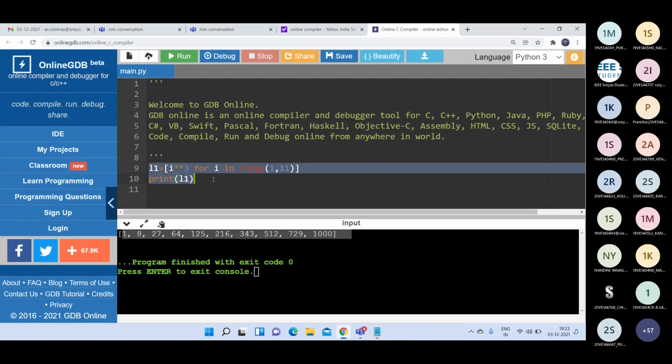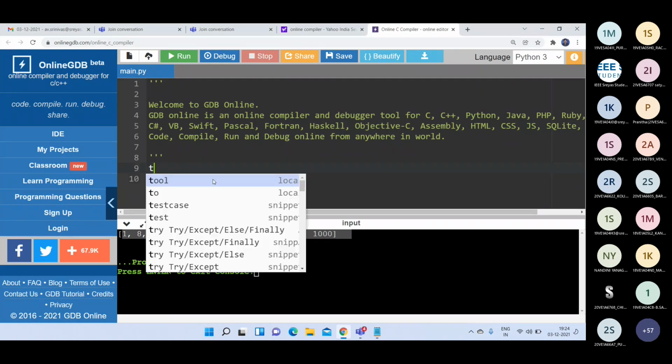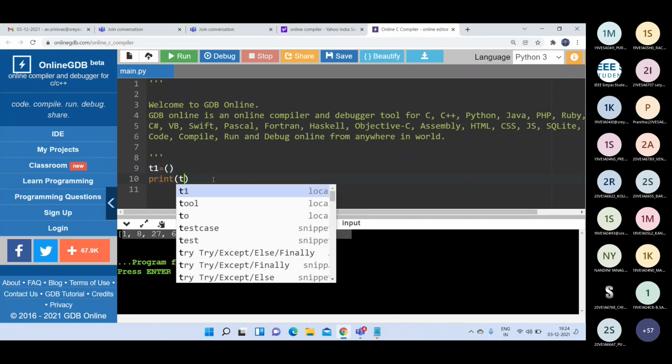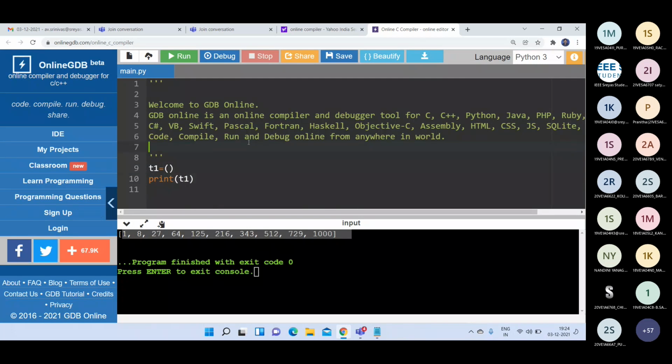See here, if you write T1 is equal to empty parentheses and print T1, in the output you will get only empty parentheses. That is the empty tuple we created.